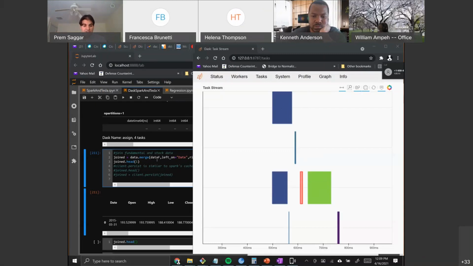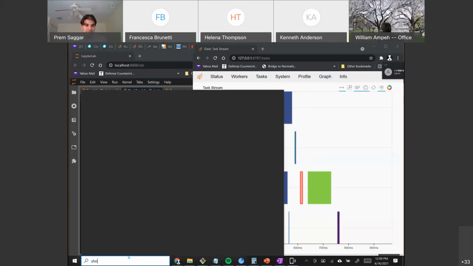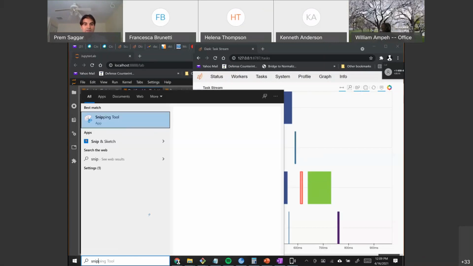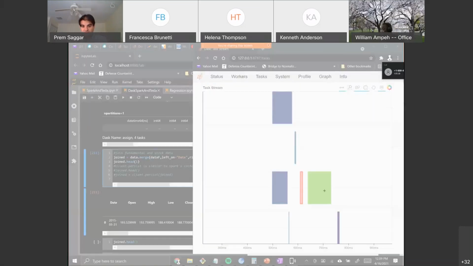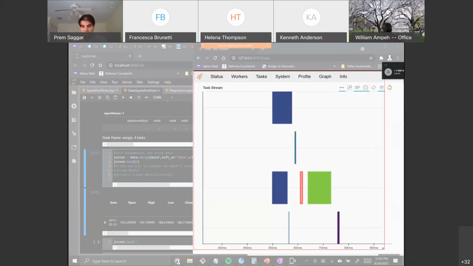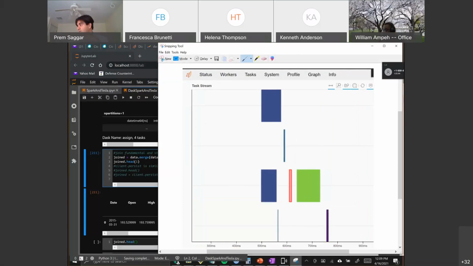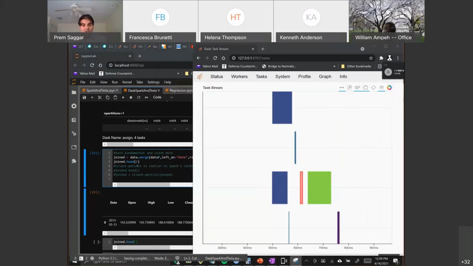So if we did this first come first serve, traditional programming, right? I'm going to take a screenshot of this for you guys. Okay, fine. We'll take a screenshot of this. And the snipping tool is somewhere. Okay, there it is. All right. So we have this, and I'm going to take a screenshot of this. Okay. All right. So we have it. I'm going to move this to a different screen, but we've got it. All right. Now, if we go back,